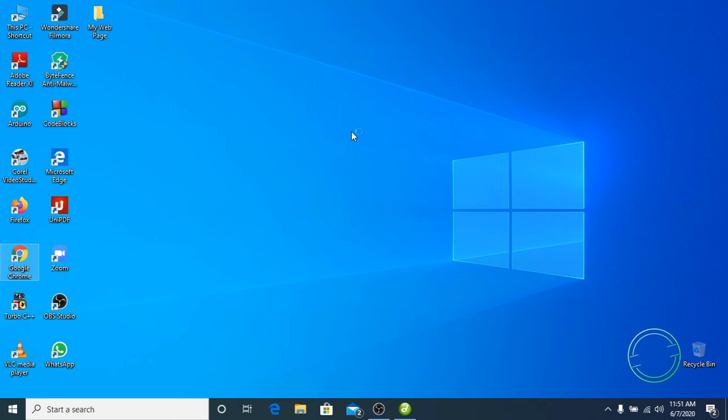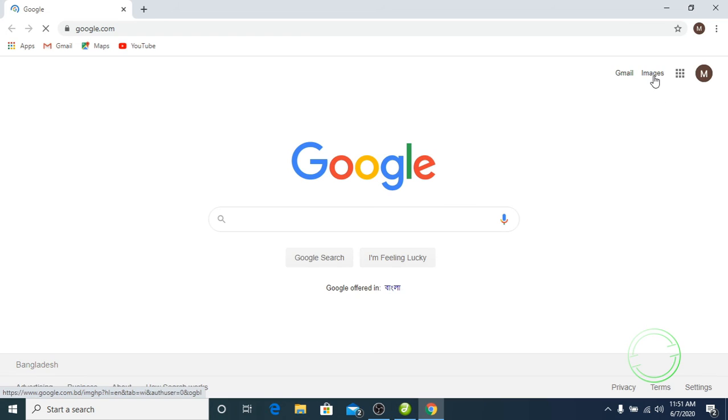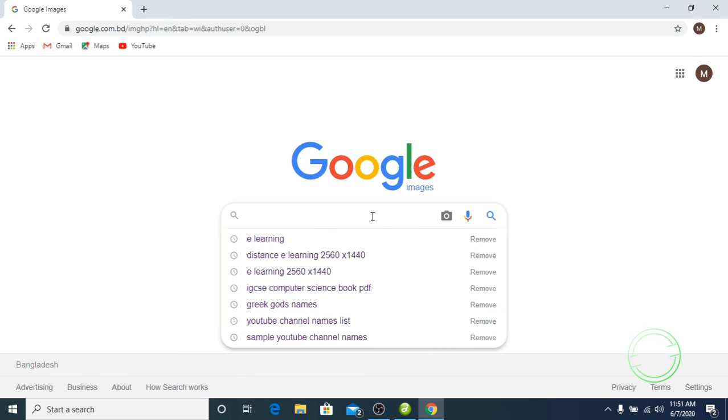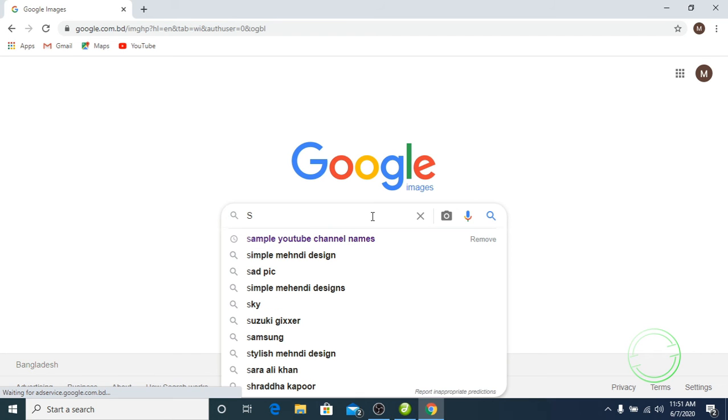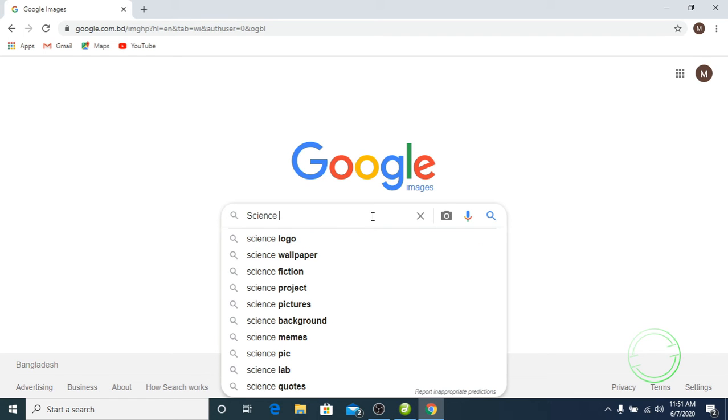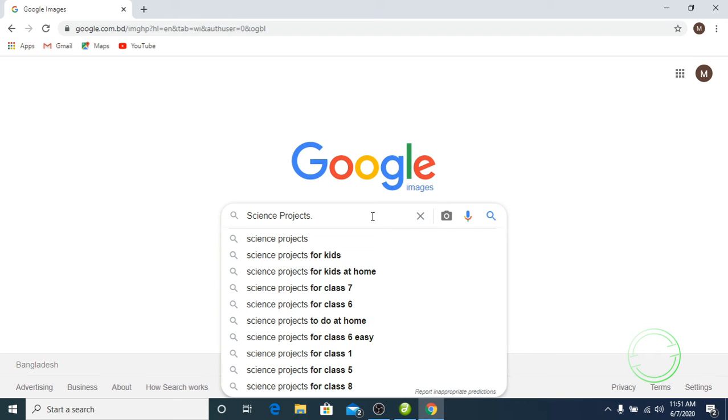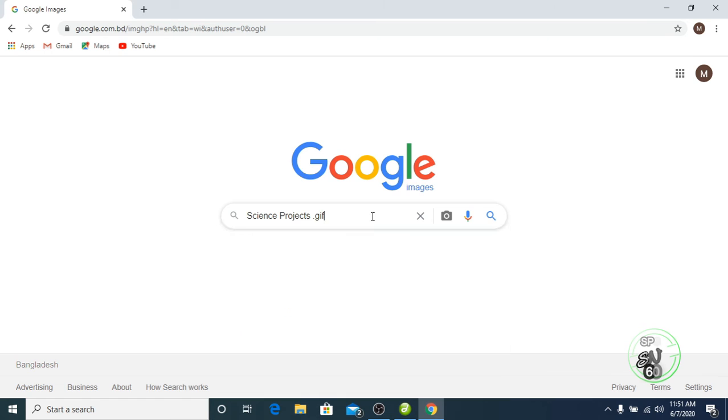So go to Google, go to image, write science projects .gif image.